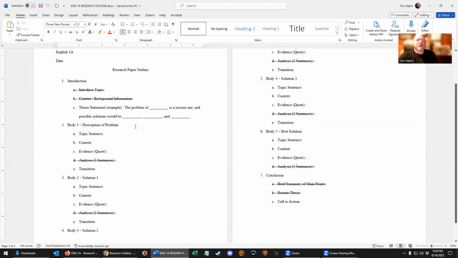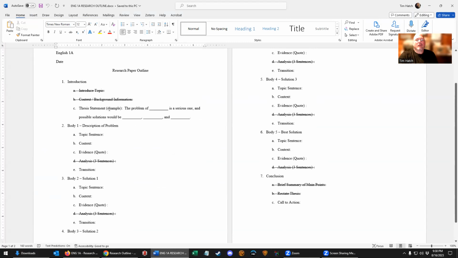Anyway, so the thesis statement here is going to be, as always, just a template. The problem of X is a serious one, and possible solutions would be blank, blank, and blank. That's as simple as your thesis statement needs to be. It could be more eloquent. It could go into a little more detail. It shouldn't go into too much more detail. Maybe you could mention the community in which this problem exists, but honestly, this is fine, especially for the outline. Remember, as always, the final draft should be good, the rough draft should be shitty, and the outline barely even